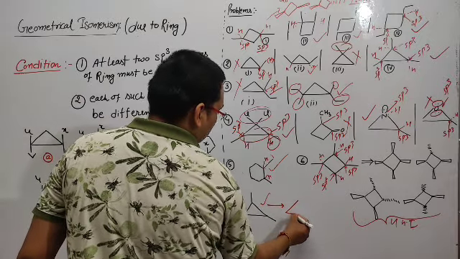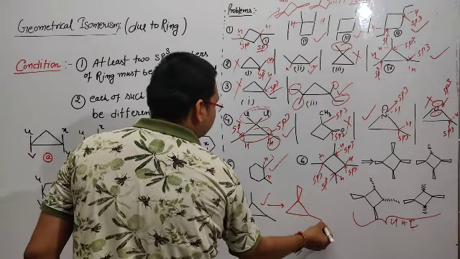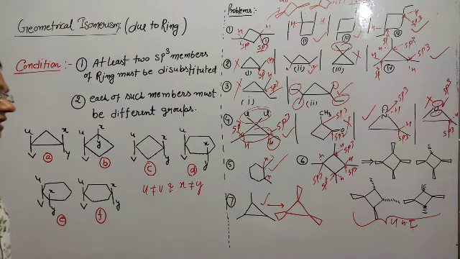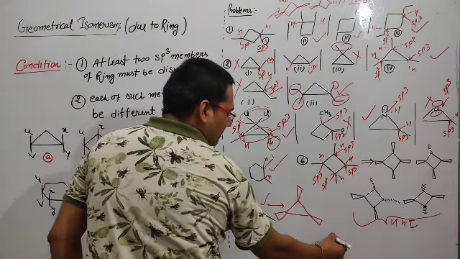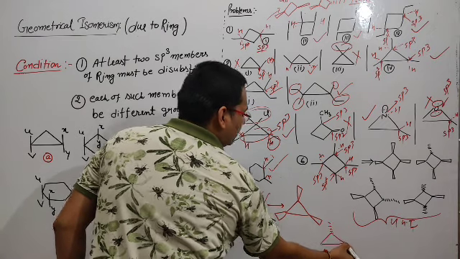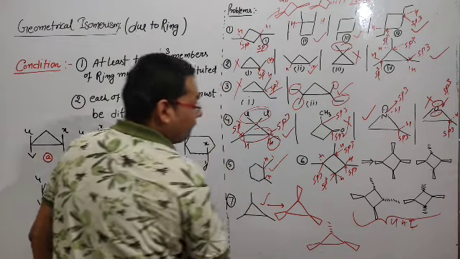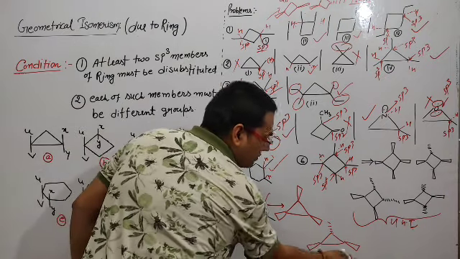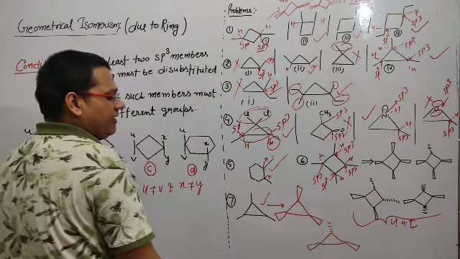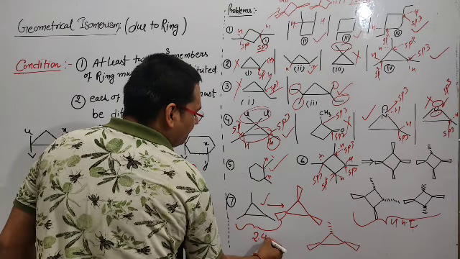But in this case I want to ask, please student, tell me how many GI. So student, you draw like this, sir. Every 3 have wedge or dash, both are the same, no problem. Sir, if we change another, 1 wedge, 1 dash, and 2 wedge. If you change here 2 dash, 1 wedge, both positions are the same. So no further change is required here. That's why the given molecule has 2 GI.